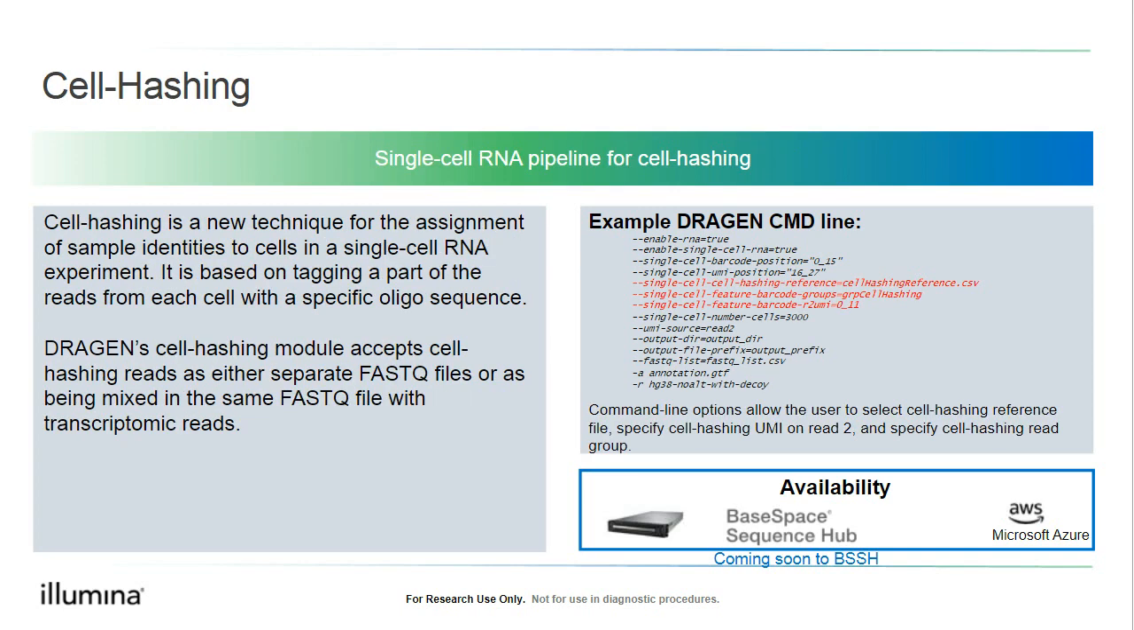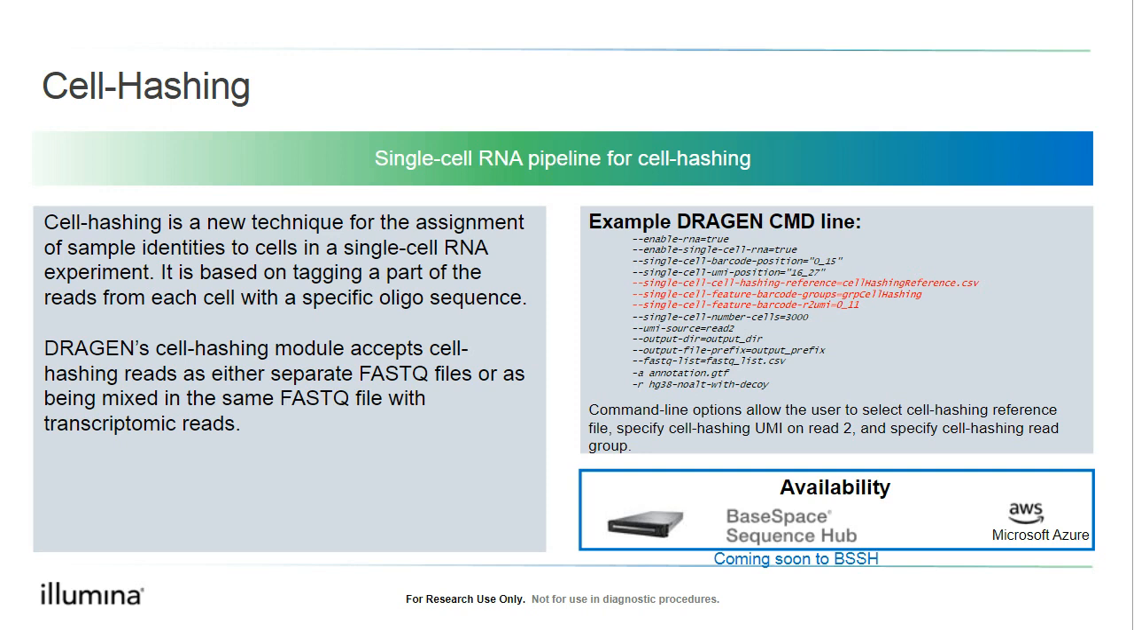Cell hashing. So the cell hashing, as I was saying, is a new technique where you can assign sample identities to cells in a single cell RNA experiment. Again, what is done is it uses an oligo sequence to tag a part of the read, and those oligo sequences are then used to identify the various cells that you have in your single cell experiment. So again, in this feature,